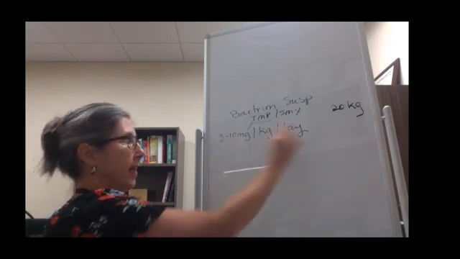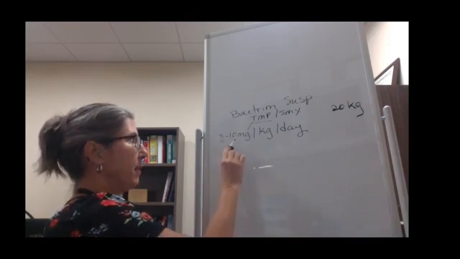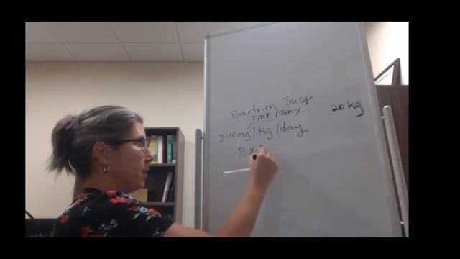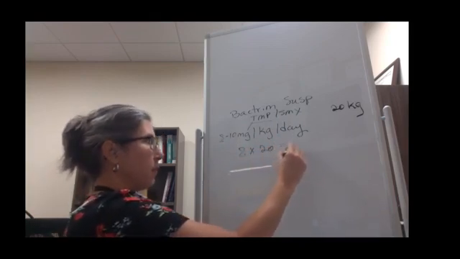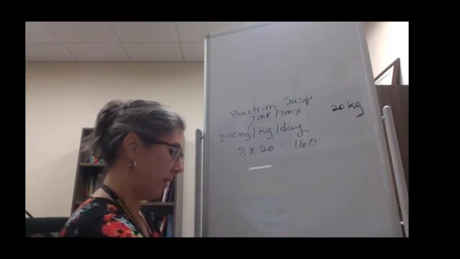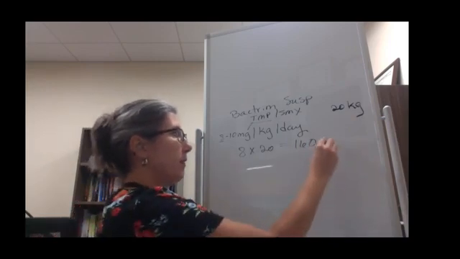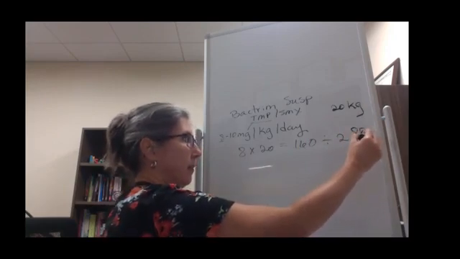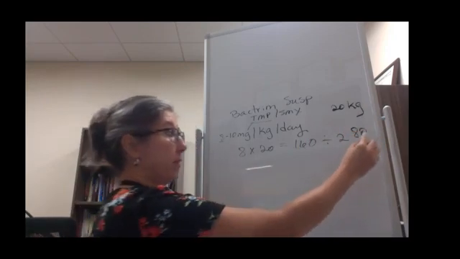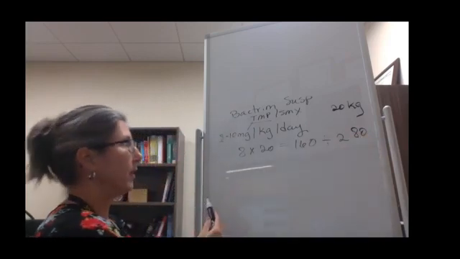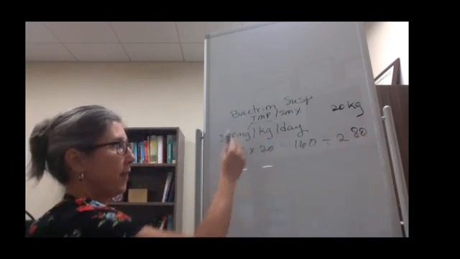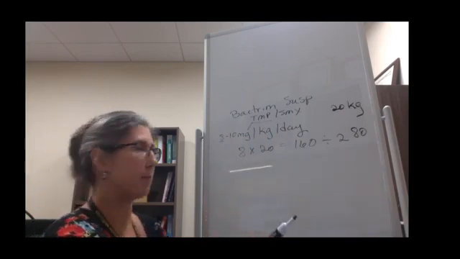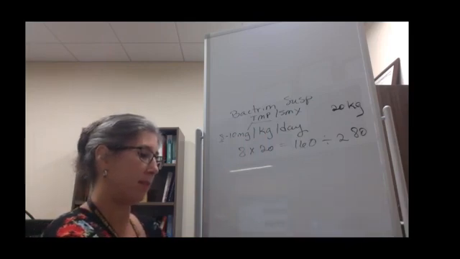So we say 8 times 20 because we need to know how many milligrams per kilogram. So 8 times 20 equals 160. And we need to give that in 2 doses, so we divide it by 2, and that is going to give us 80 milligrams per dose. Okay, so we can find this out by looking it up in the drug book. You can look it up on numerous apps that you can use on your phone, but this is available in